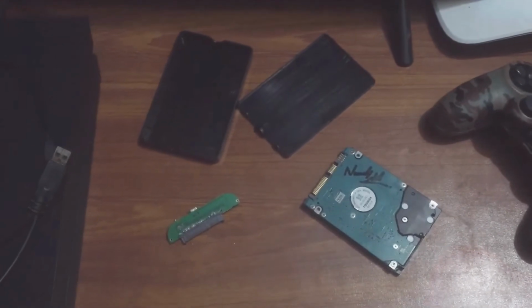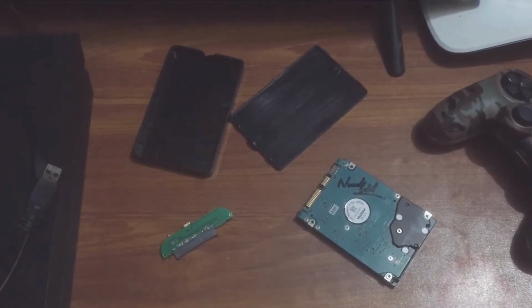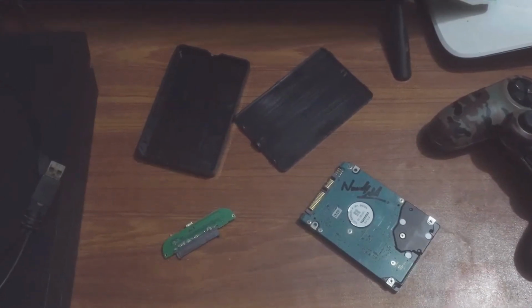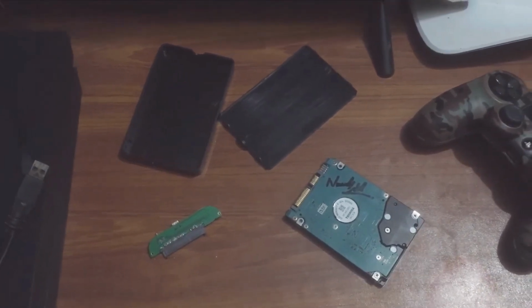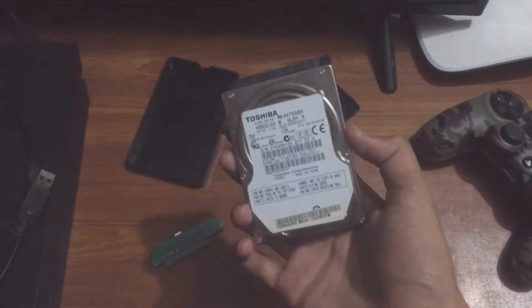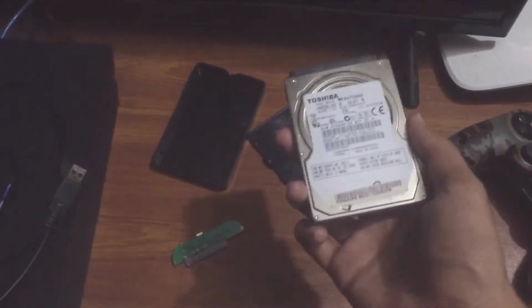Since COVID-19 is going on and the lockdown is going on, while staying home, I thought that I would share with you guys this wonderful trick that I always use, and it's all about how to create and build your own hard drive. So you don't need to go outside and buy some fancy branded hard drive that is really expensive, I know. What you can do is take out your hard drive from the old computer that you do not use anymore. So in my case, my old laptop, which is broken and doesn't work, I removed my hard